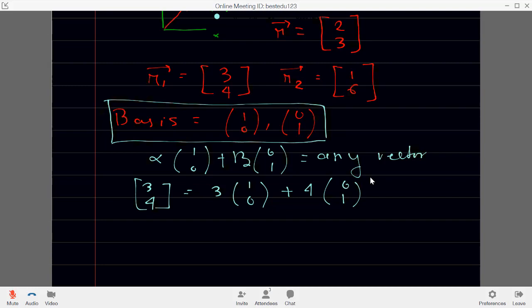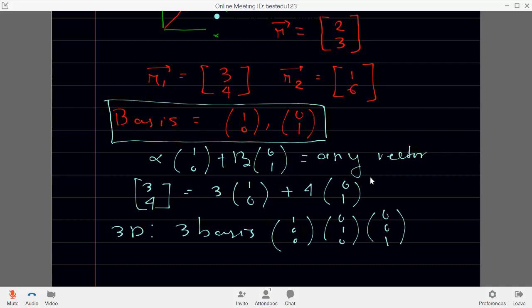Similarly, you can go to 3D. In 3D, you need 3 bases. They are (1, 0, 0), (0, 1, 0), and (0, 0, 1). And using these bases, you can construct any vector in 3D. So, okay, we understood